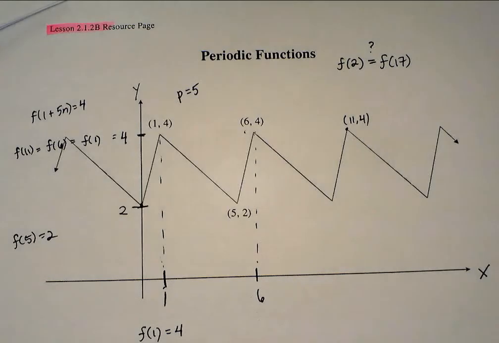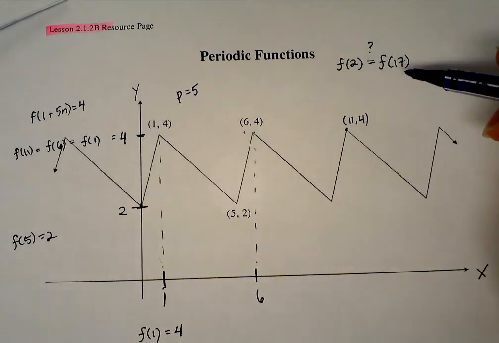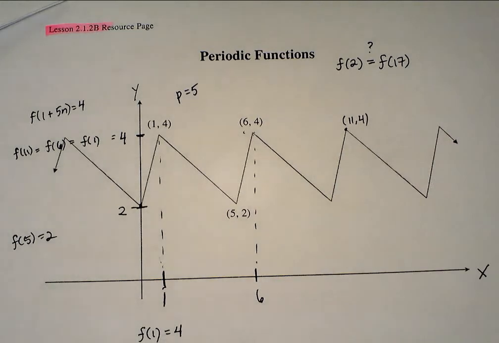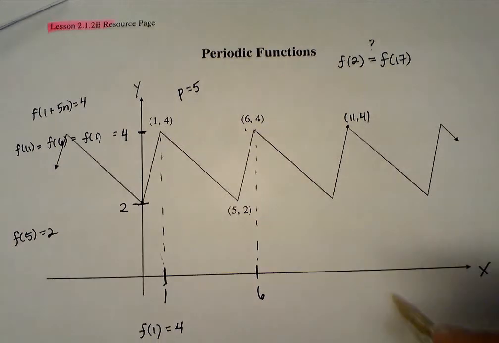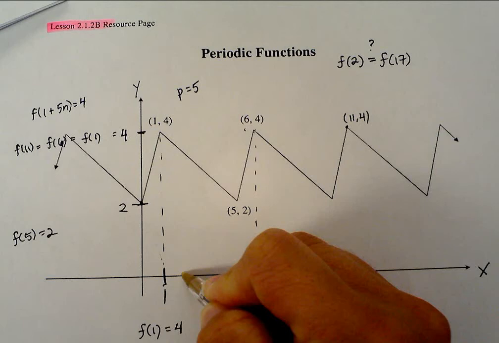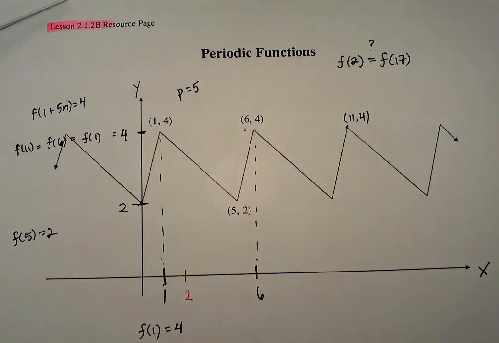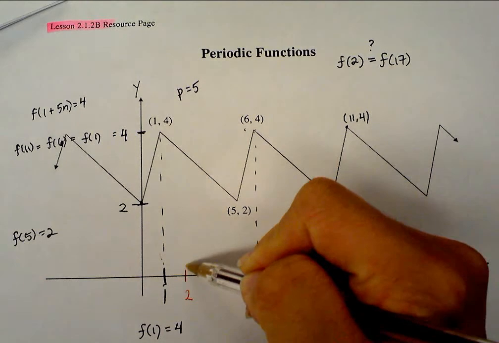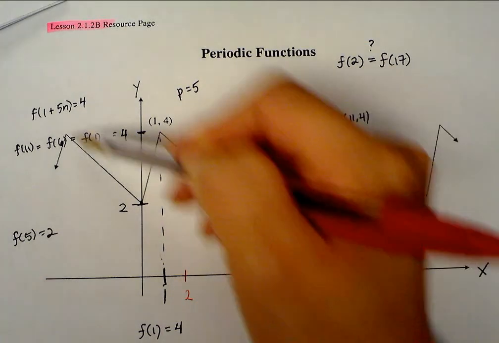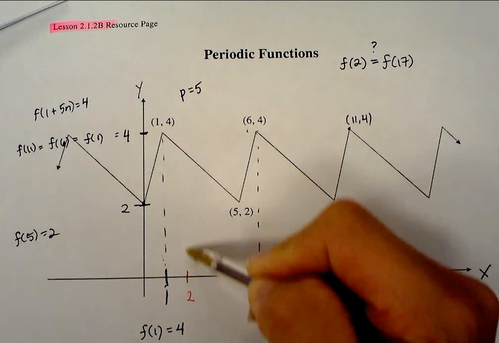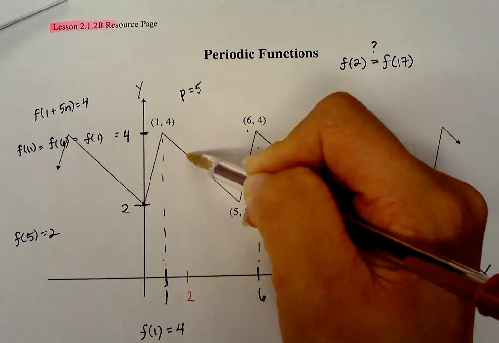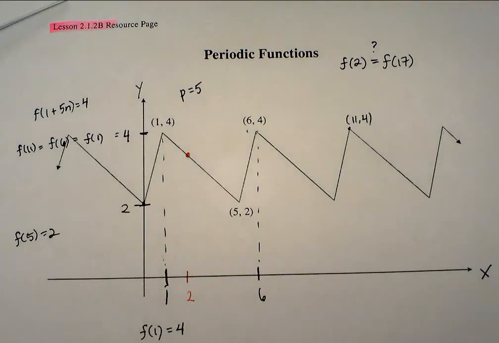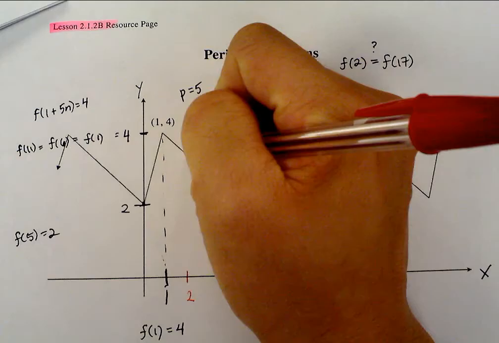Where's f of 2? Well, I have to look for 2. Where? On the x, right? My input. So where's 2 going to be? If this is 1, then 2 is probably about here. So for f of 2, I have to go to my f. This whole thing is f, the function f. But the function at 2, the output's going to be somewhere here. It's somewhere about 3 something, right? So right here,